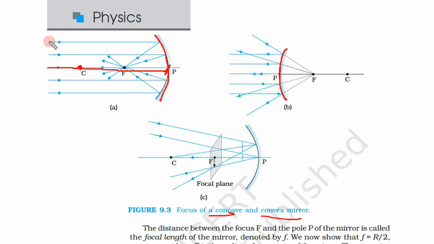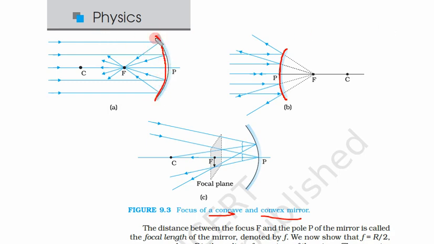So now what we have is a parallel beam of rays. A beam is formed with different rays. So we have parallel rays, or a beam of parallel rays. These are parallel rays. Now what will happen in this case? First of all, we have this